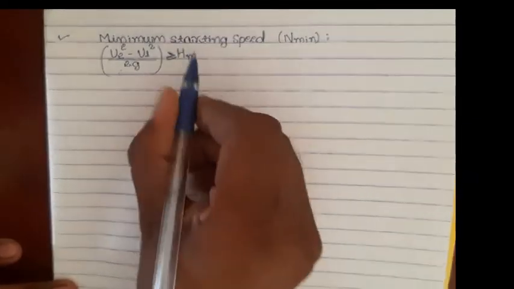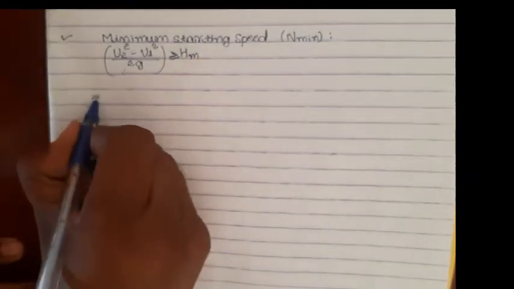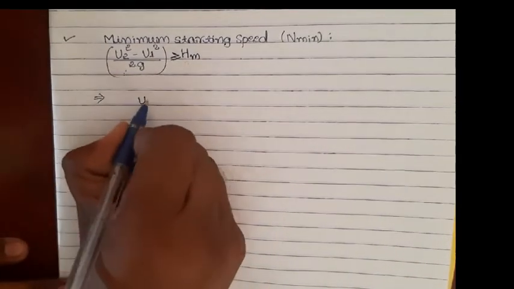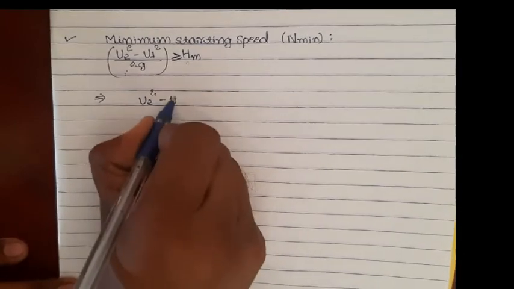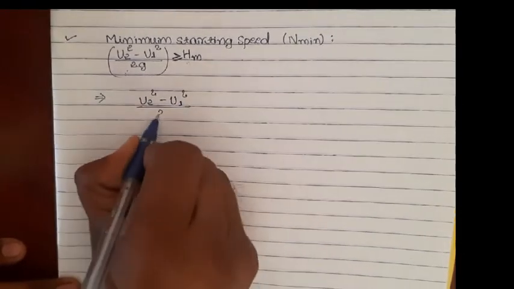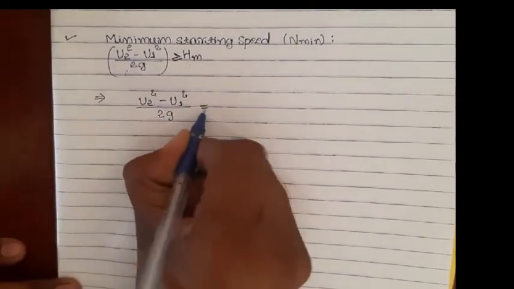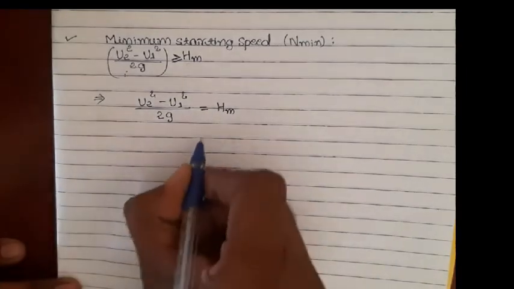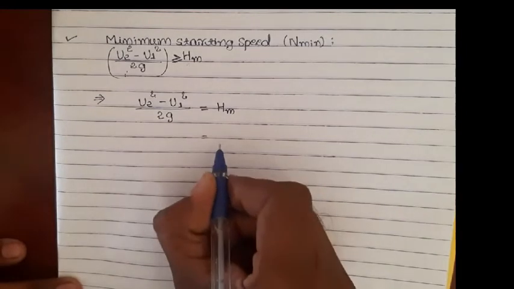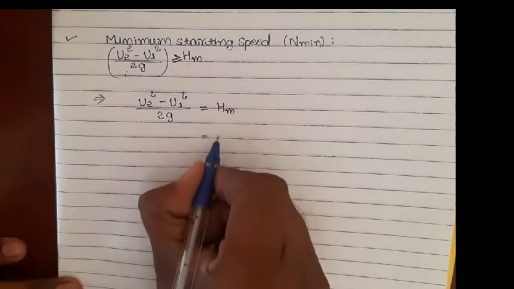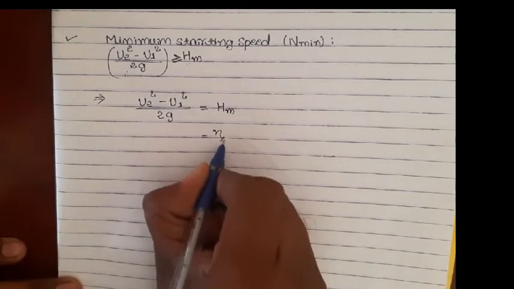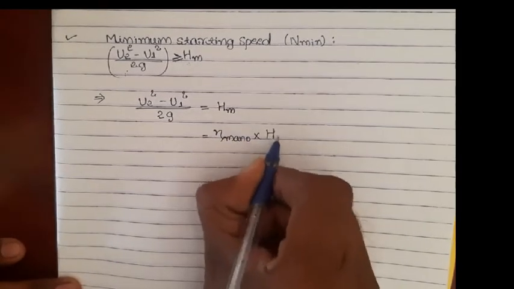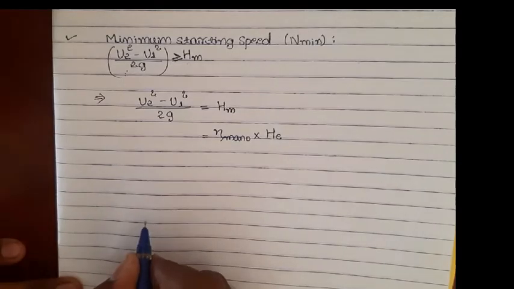So in that case, what happens? Let us take the minimum condition here. Which is the minimum condition here? Greater than or equal to? Equal to is the minimum condition. That is (U2 square minus U1 square) divided by 2g. So let me say at least it is equal to manometric head. Right? So what is manometric head? We have discussed the efficiency factor. So manometric head is manometric efficiency into the Euler's head. Right?